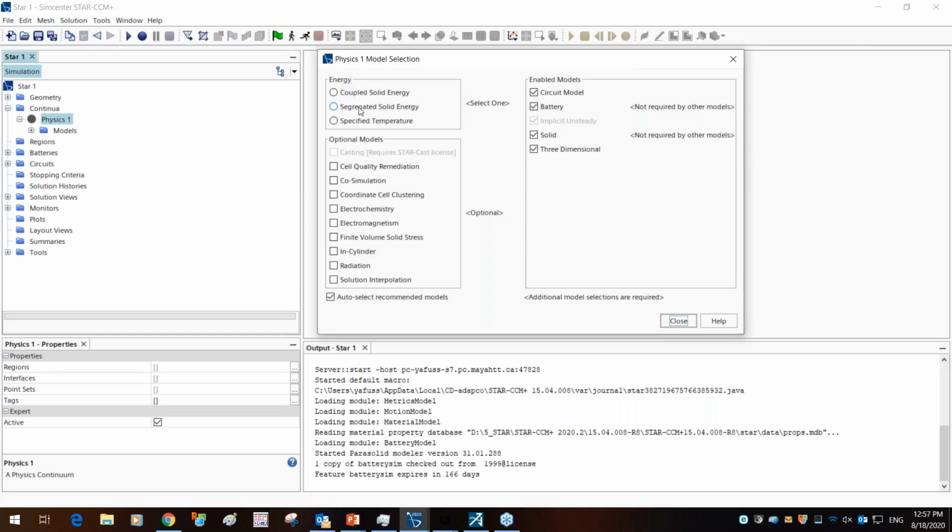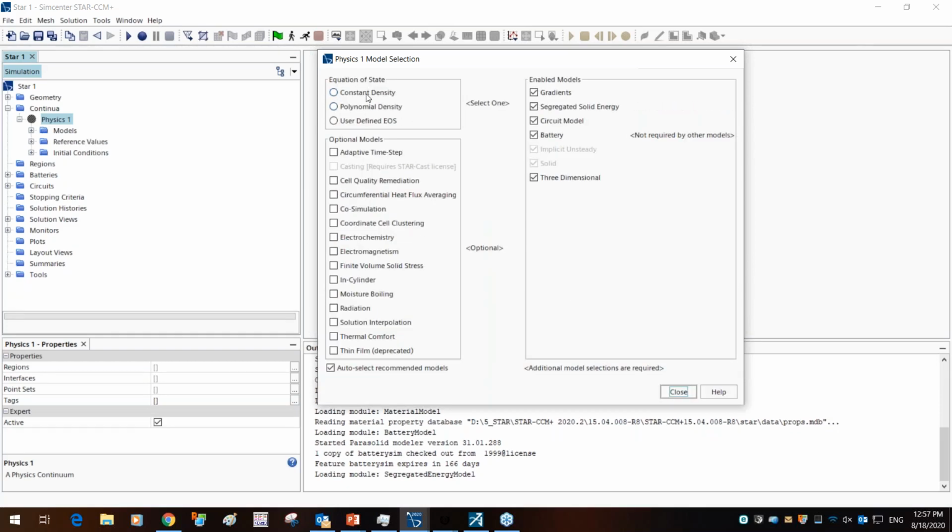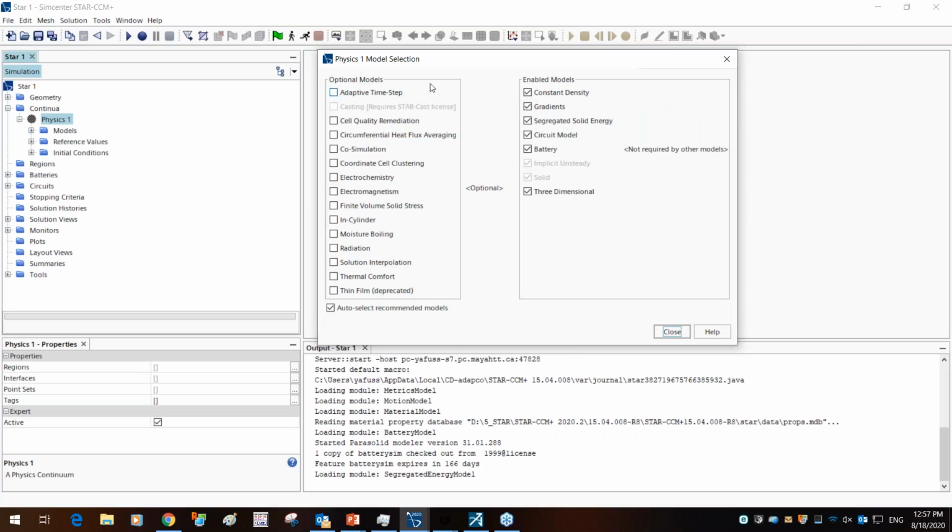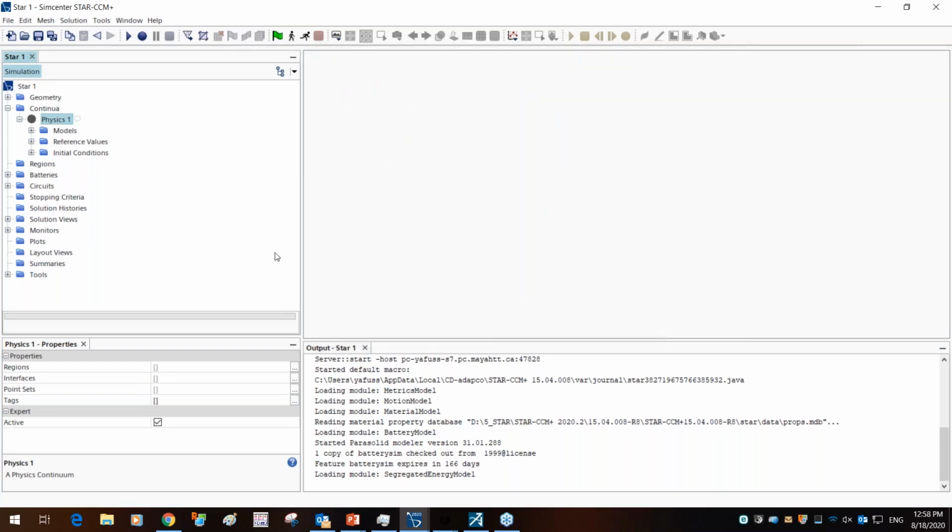That's the segregated solid energy for this case, and the equation of state as constant density. Once you've selected all the models, you can see that the icon turns from light gray to dark gray, meaning that it's solid, and it's blue for being a fluid. Once you've completed selecting the models, you're going to see a new folder appear, and this is the battery node.